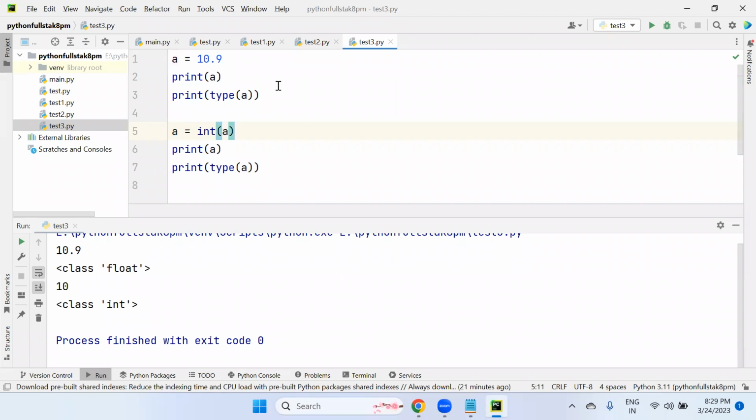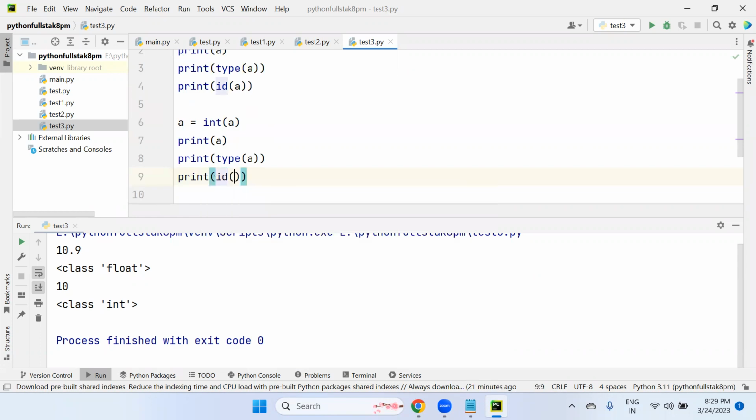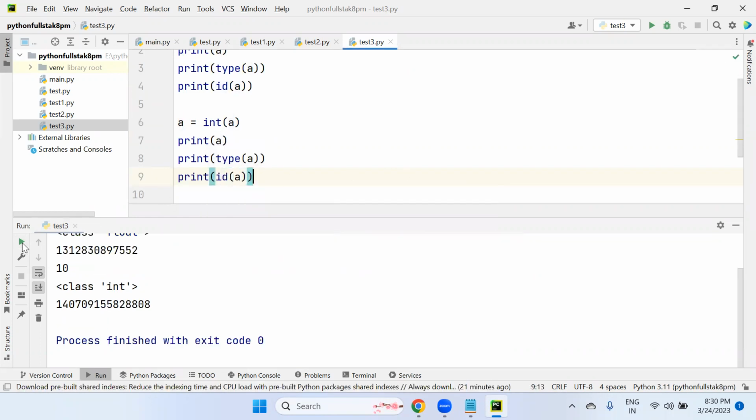How to find the memory address? I'm just showing, don't concentrate much on it. Look at this: print id of a. ID is a built-in function to get the memory address of the variable. I'll talk about the id function in an upcoming session. Print id of a again here, this a. Look at this, both a's IDs are different.